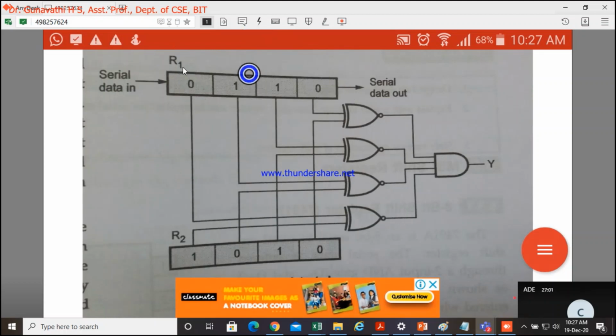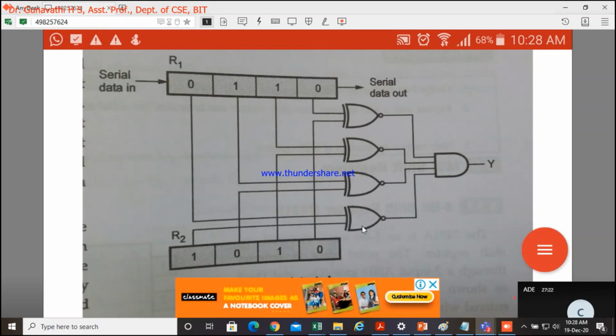Here we have a sequence generator. It keeps generating the sequence here. So here we are just trying to find a match, whether this sequence has been generated in this or not. How are we going to do that? So extract the output of the first level to an XOR gate, sorry, XNOR gate.